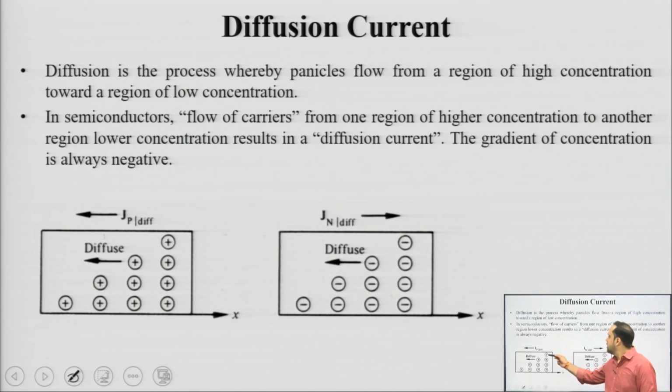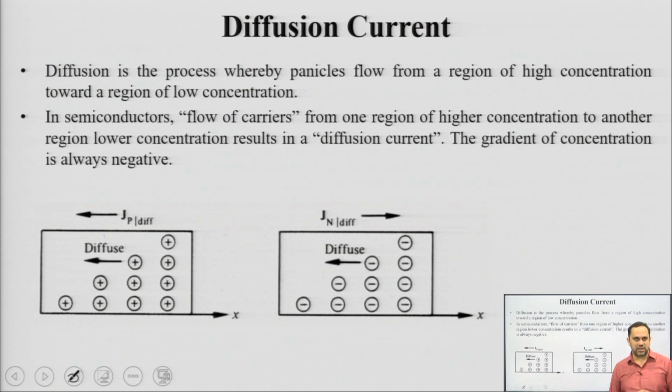Okay. So, you can see whenever holes diffuse, the hole diffusion current is in the same direction, but whenever electrons diffuse, the electron diffusion current is in the opposite direction. Because the movement of holes and hole current is the same, but the movement of electrons and the current produced by electrons is always opposite, right. So, this direction has to be kept in mind. The hole diffusion current is in the same direction in which the holes diffuse. Electron diffusion current is in the direction opposite to that in which electrons are actually diffusing. So, hole diffusion current is in the direction of the concentration gradient, electron diffusion current is in the direction opposite to this gradient.